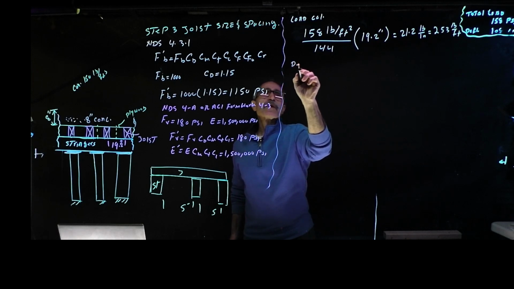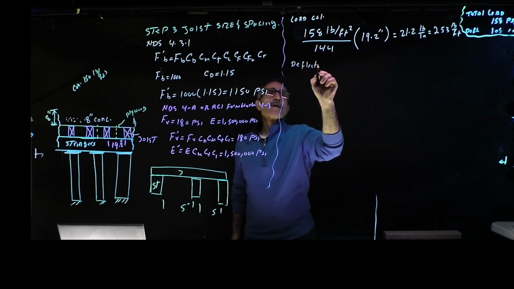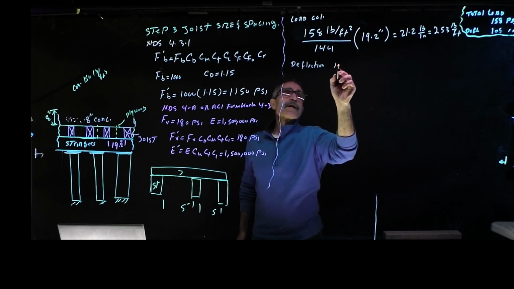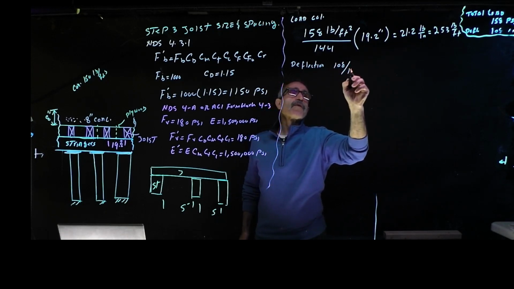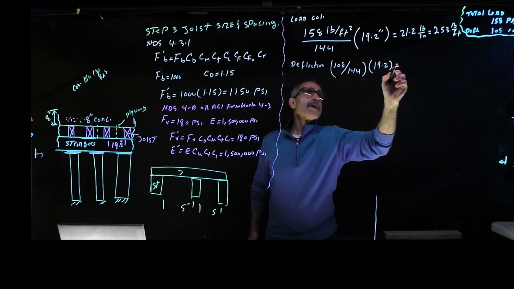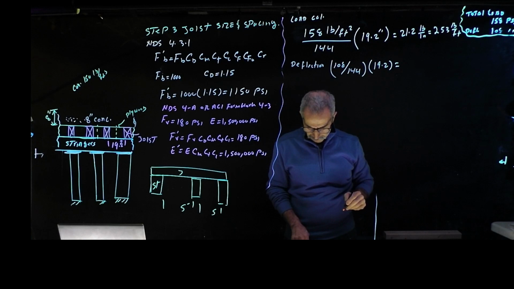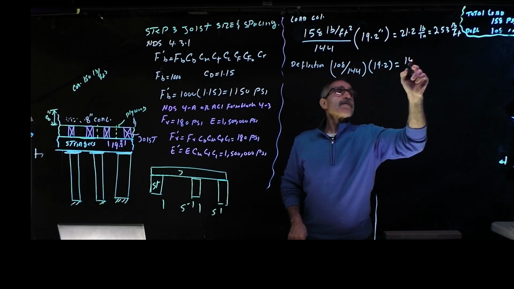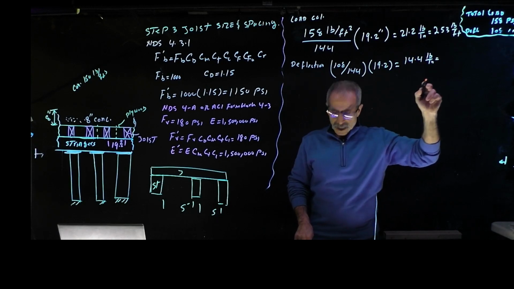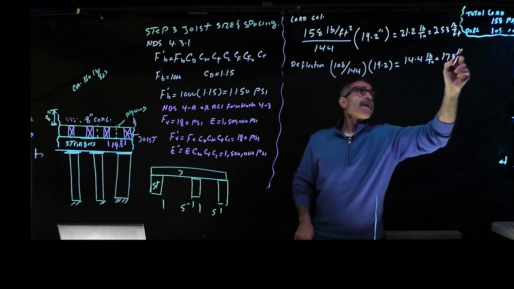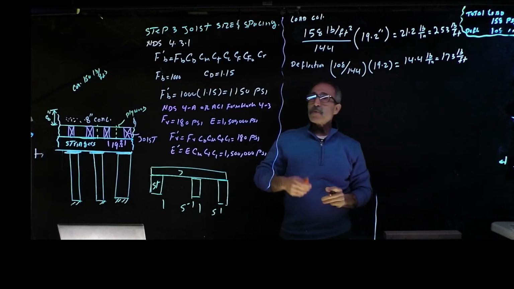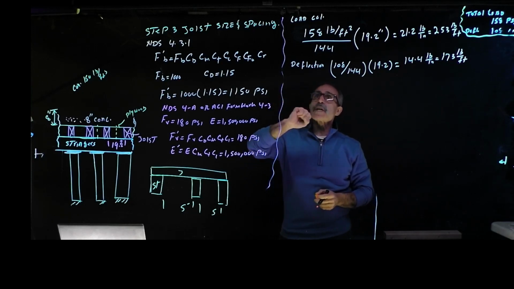For deflection, we're going to take out the live load, which is going to be 108. So we're going to say, all right, 108 divided by 144, just like above, and multiply by 19.2, and that will give me 14.4 pounds per inch, or the same as 173 pounds per foot. Okay. Now we have these, and now we've got to go ahead and do